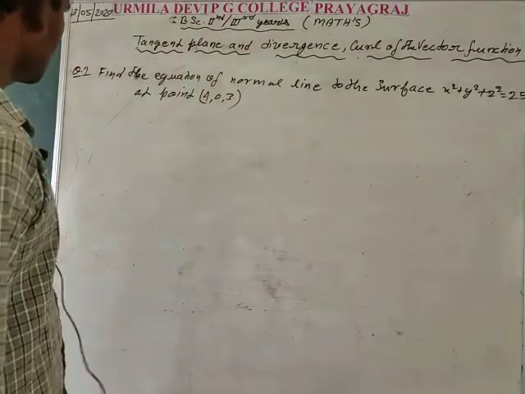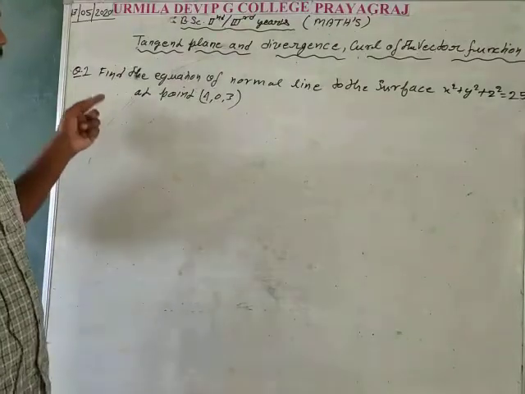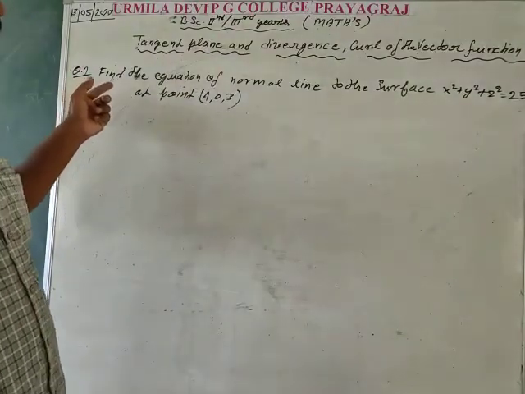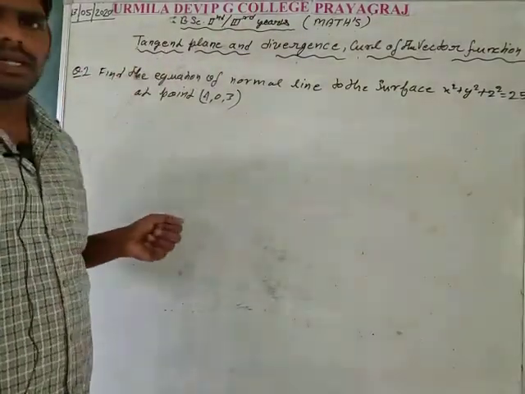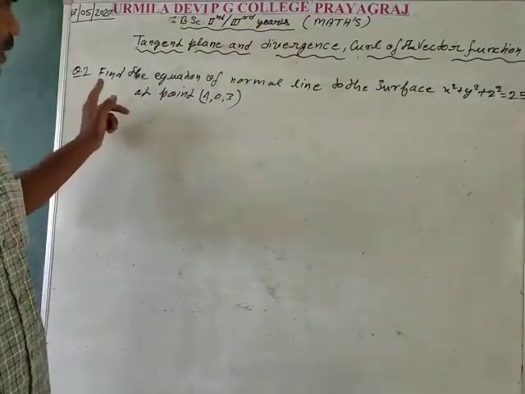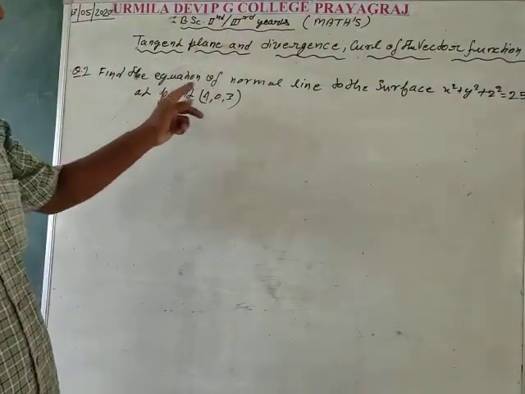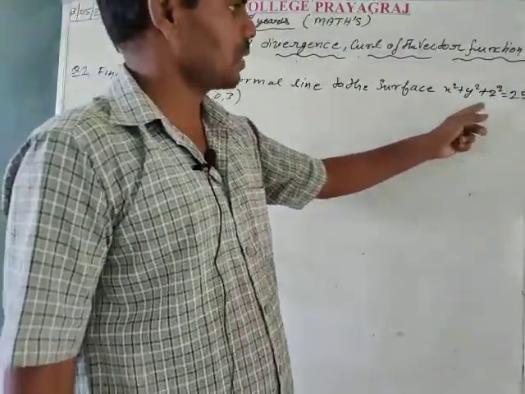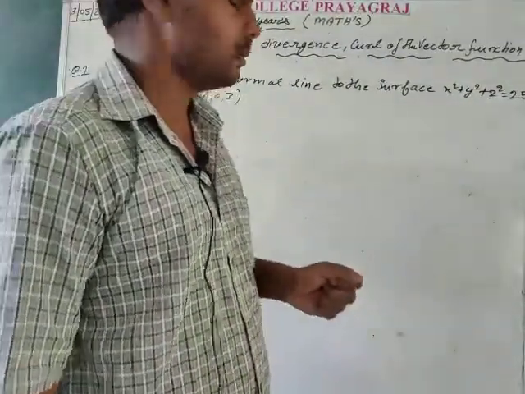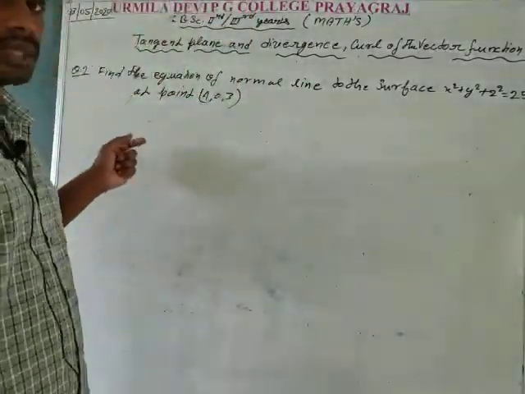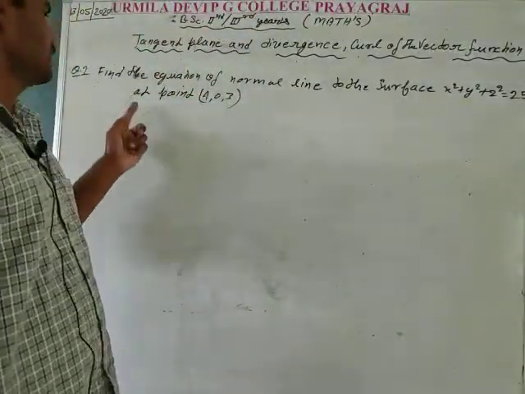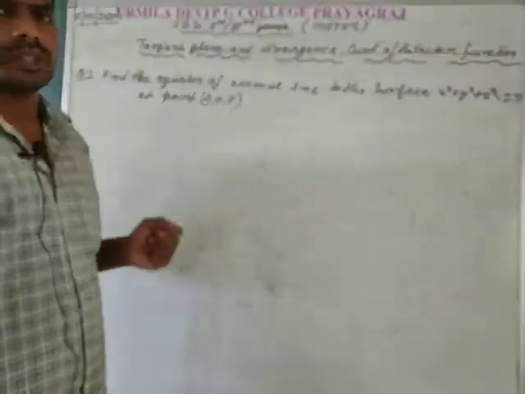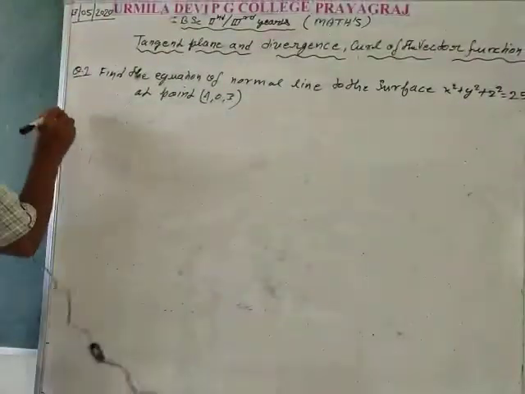Now consider the second question. Our second question is also related to the tangent plane and normal line. So the second question asks: find the equation of the normal line to the surface x square plus y square plus z square is equal to 25, which is the equation of the sphere whose radius is 5, at the point 4, 0, 3. So in the solution,